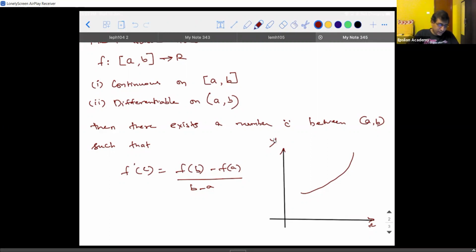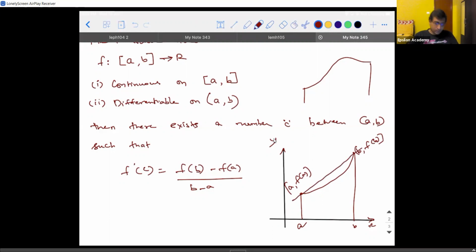So when I say increasing and decreasing, it can be like this. Correct, Dana? It has gone up, again coming down. But f of A and f of B are not same. At that point of time, see, if this is A and this is B, if this point is A comma f of A and this point is B comma f of B, then I can join these two points with a line, which I'll call a secant.